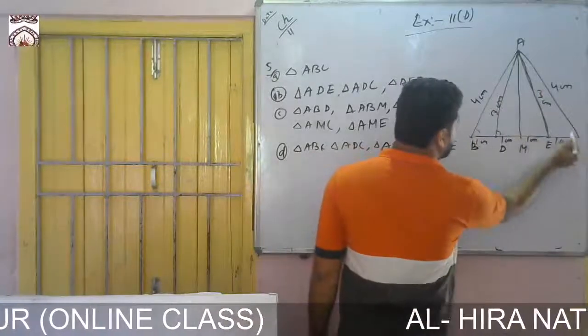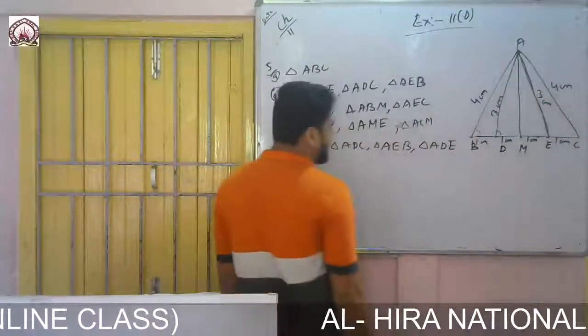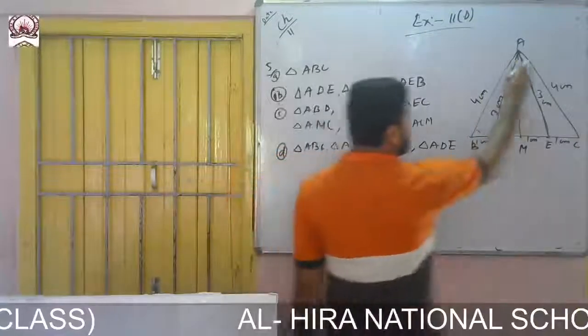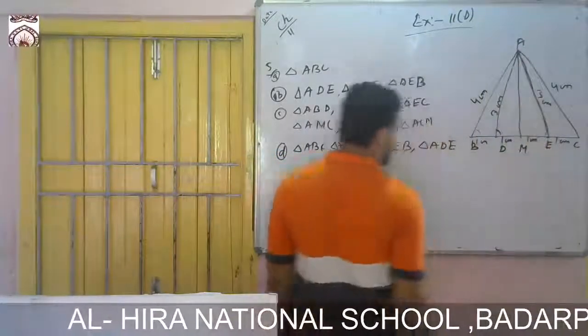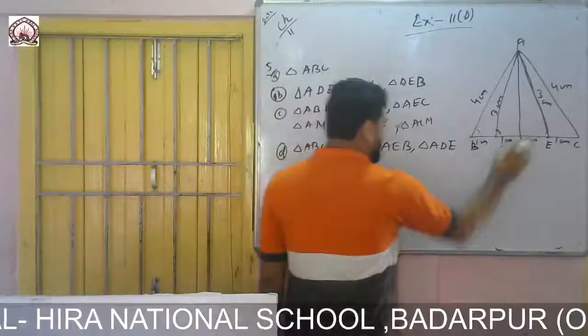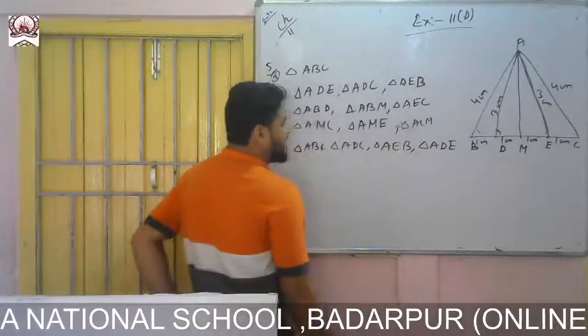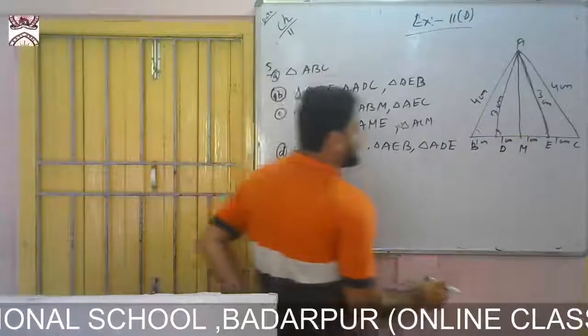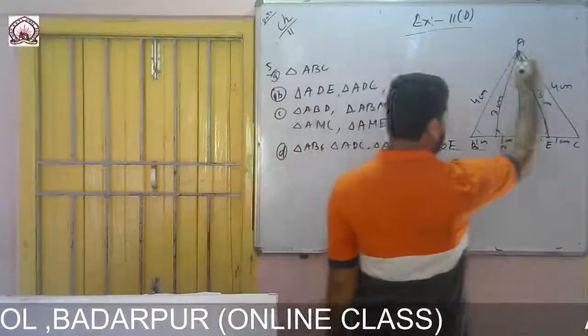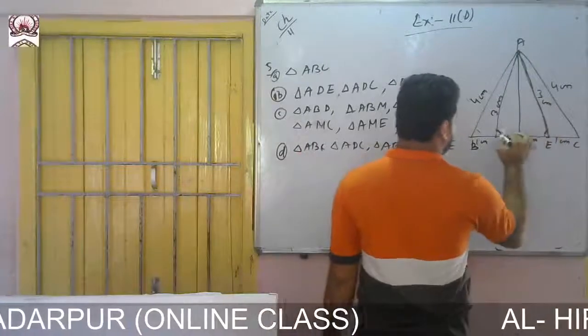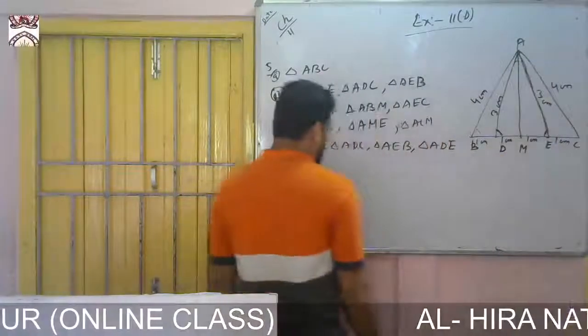So this angle and these angles are less than 90 degrees. ADE, this angle and this angle and this angle will be less than 90 degrees, since angle B is less than 90, so all will be less than. Then ADE finish, then AEB, this one and this one are less than 90 degrees. Okay.